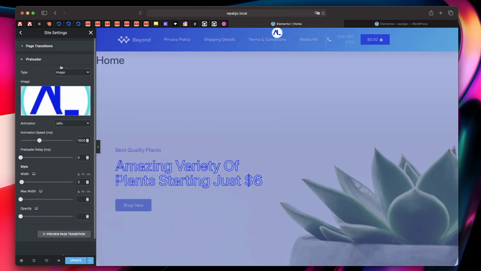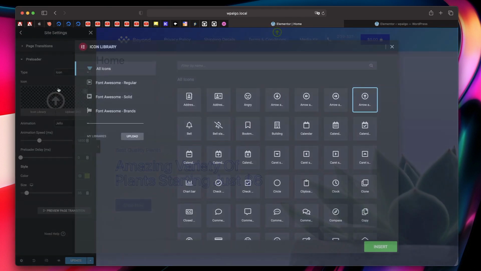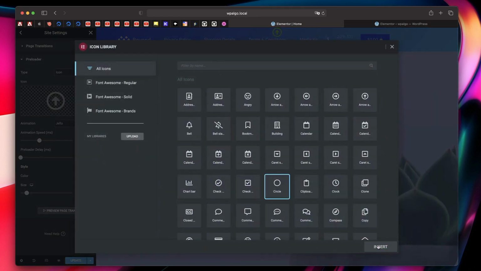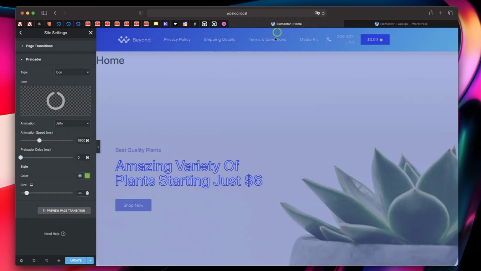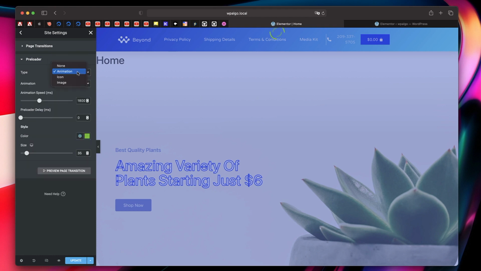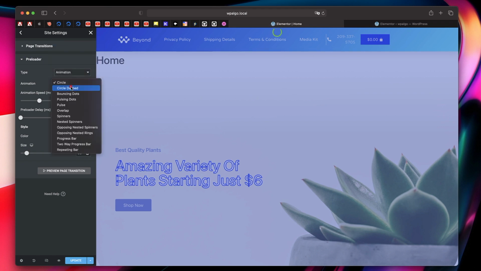Next is the preloader. Like I said, it appears along with the animation. At the moment you see it at the top, but usually it appears at the center of the page or the transition background. You can pick an image or an icon. You can pick any icon you want, a circle, or anything you want. You can pick any animation, and then choose between different animations for the preloader. Preloader is this icon or the image that appears along with this. So simply pick an animation and choose what kind of animation you want. As simple as that.